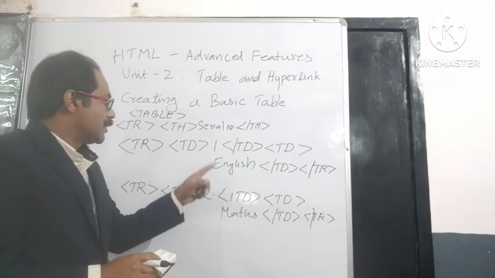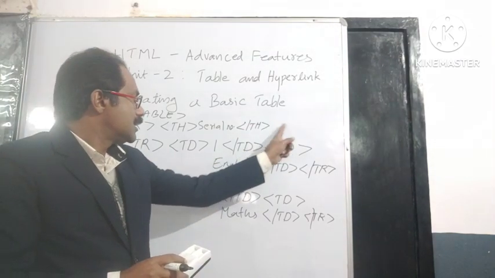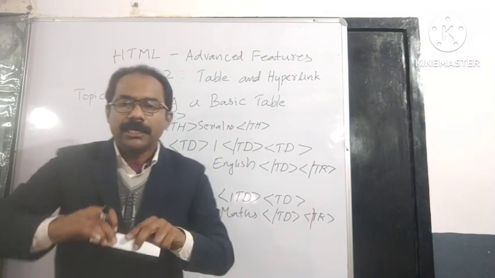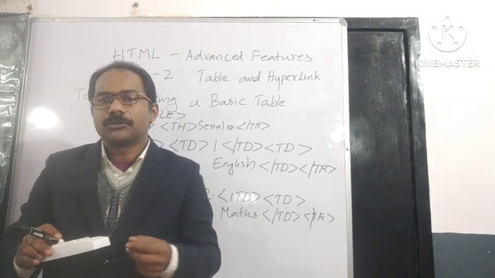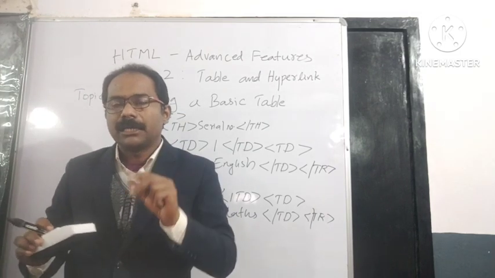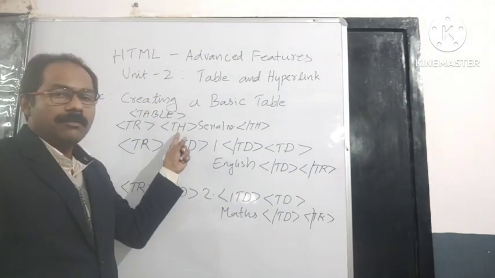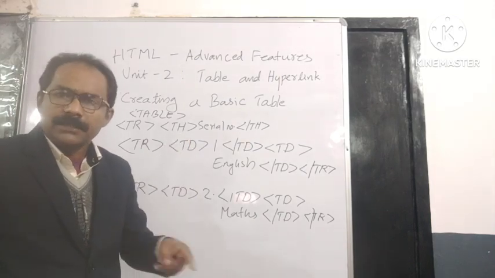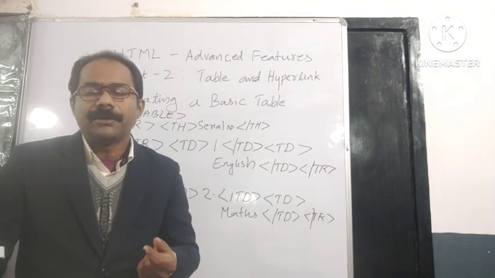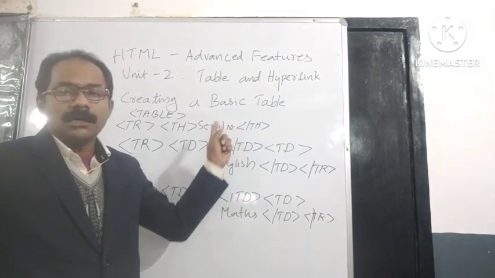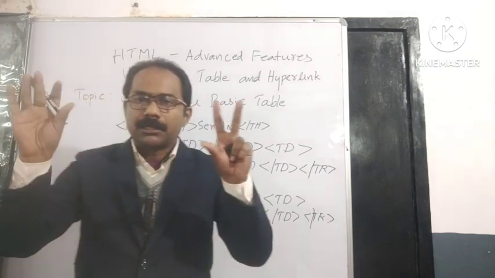In the same way, for the subject name also you have to use a th tag. Open the th tag, then you write the subjects, then close the th tag. So this heading will appear in the first row. That's why the heading will be in bold letters and it will be noticed by everyone. So if you want to give anything as a heading in bold size, then we can use the th tag, the table heading tag. This table heading we can use in any row of the table, but commonly we will be using the th tag in the first row, because in the first row we will be giving the headings of the particular table and column.